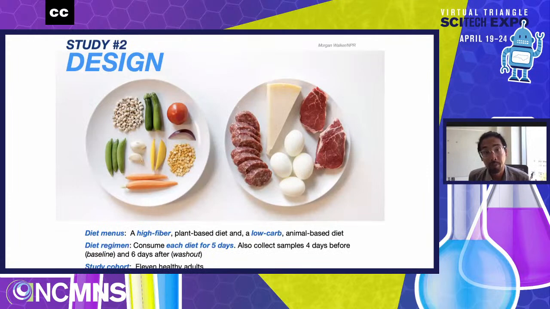The way this study worked was we recruited about a dozen volunteers, and then we prepared two kinds of diets for them. And the diets are depicted here. One diet was based on fruits and on things that came out of plants. So foods that all primarily came from plants. And the reason for that was because plants are a great source of fiber, which is an important nutrient for the microbiome, because fiber ends up getting digested by gut bacteria, and a byproduct of that metabolism is actually a fuel source for our cells that line the epithelium of our gut.